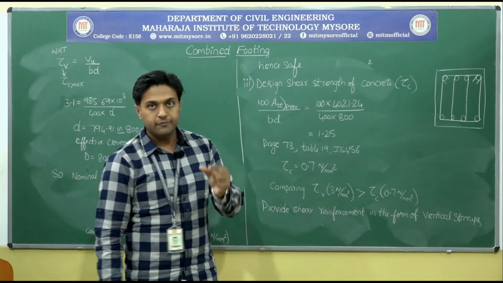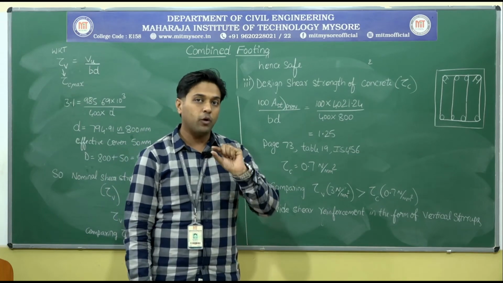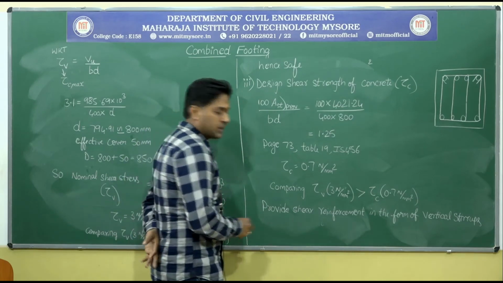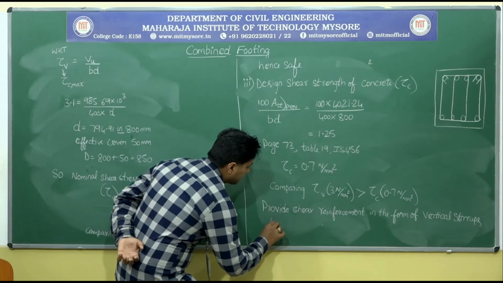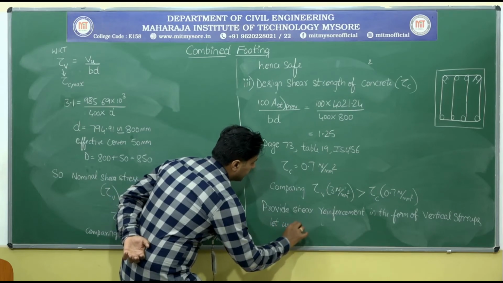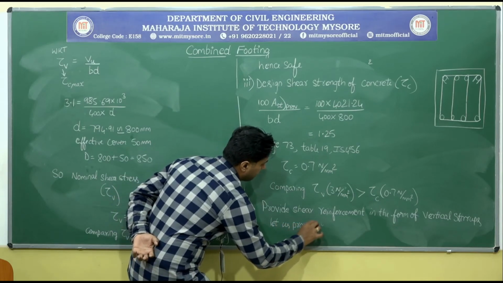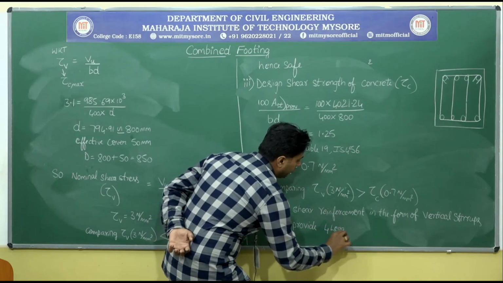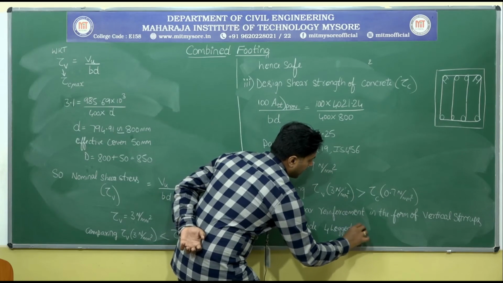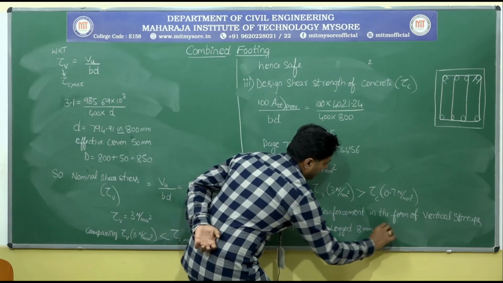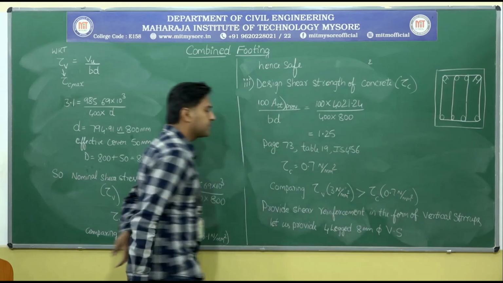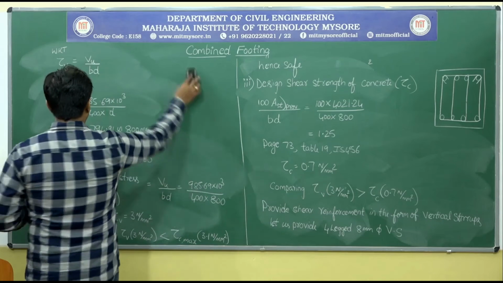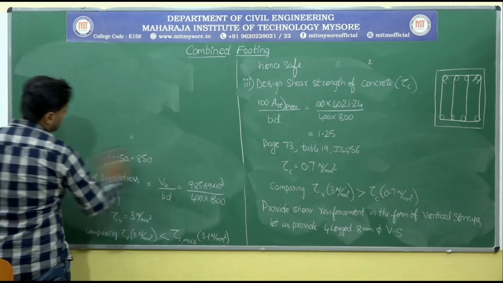So usually for beams or whatever it might be, what is the dia of the stirrups that we take? So 8 mm. Okay, so what I will be doing is, let us provide 4-legged 8 mm dia vertical stirrups. Okay, so we'll provide 4-legged 8 mm dia vertical stirrups. Let me rub this portion.